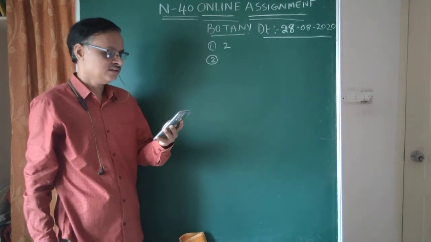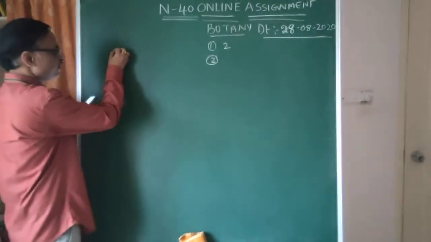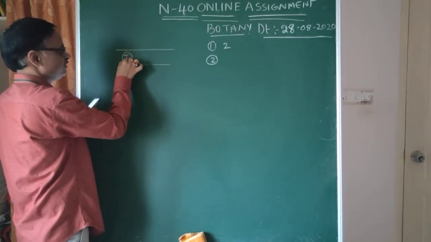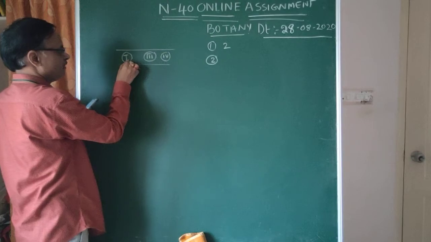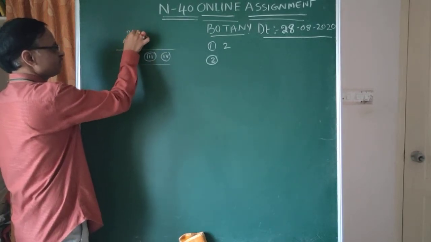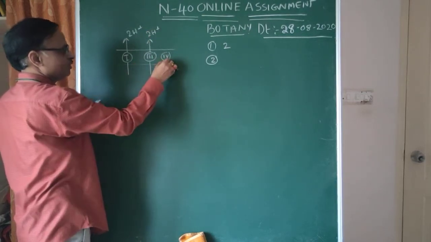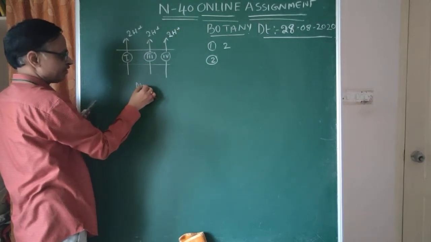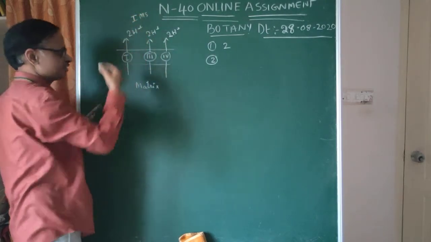Students, second question. How many pairs of protons are released in the respiratory chain by one NADH2? If one NADH is oxidized in the ETS via three places, complex 1, complex 3 and complex 4, right? Via complex 1, 2H plus, via complex 3, 2H plus, via complex 4, 2H plus, removed from the matrix, right, and released into the intermembrane space.